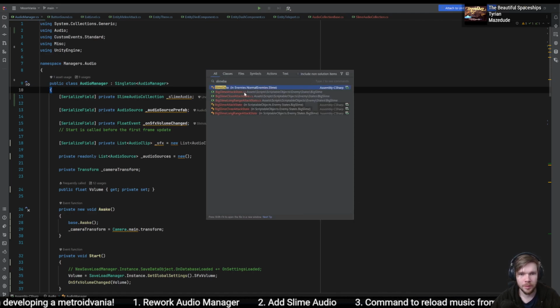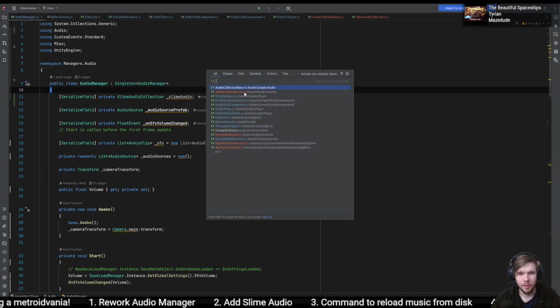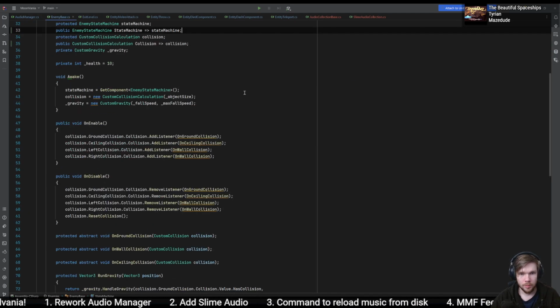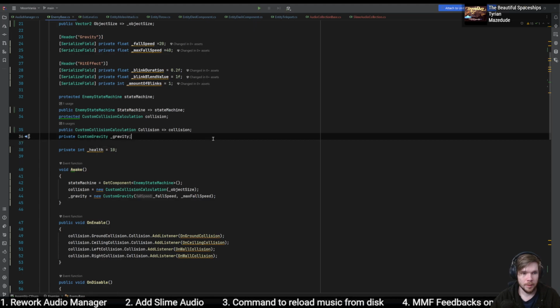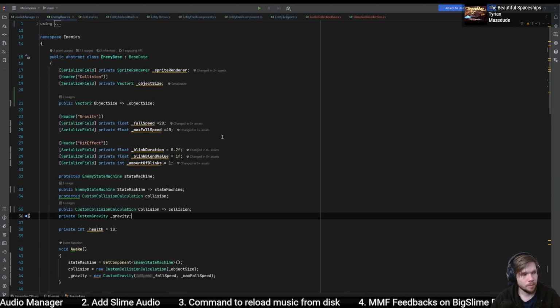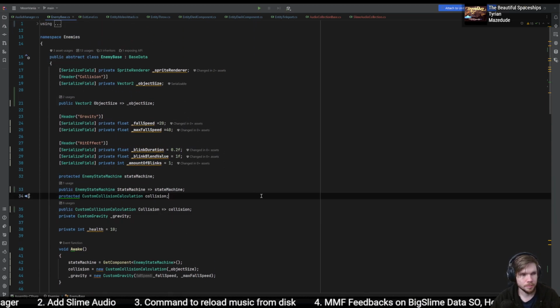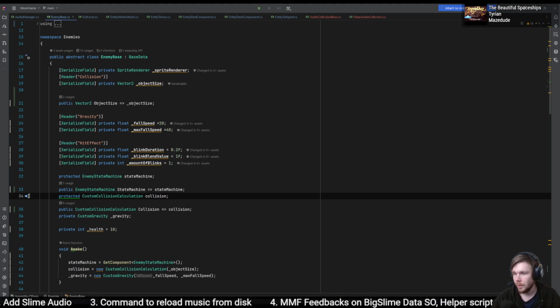Slime base. Enemy base would then take in a script. I think that's cool. Let's try it that way. Not exactly like they're doing it, but I'm going to